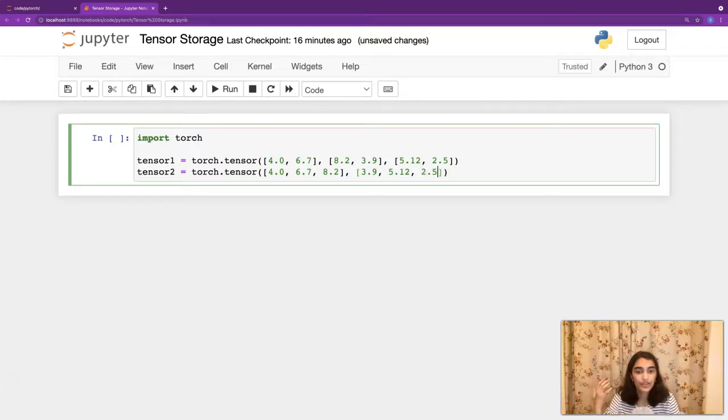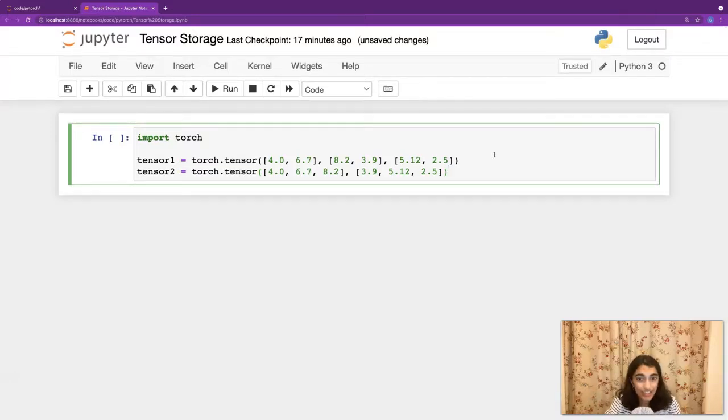So these are the same values, but the dimensions are different. And so what I'm proposing, or rather PyTorch is proposing, is that these tensors are just views. They're little glimpses of something called a